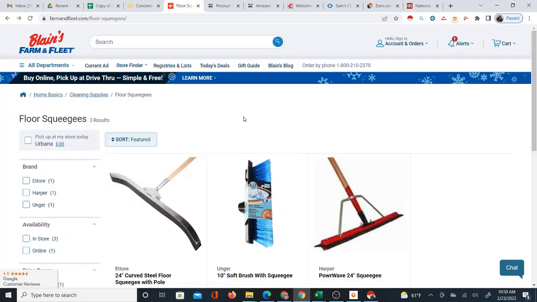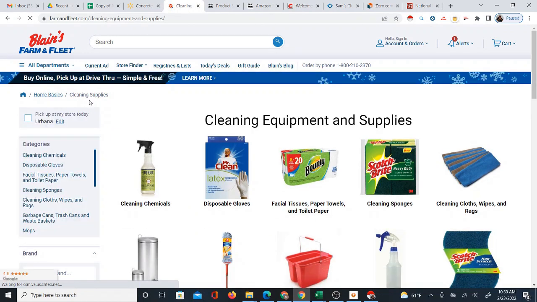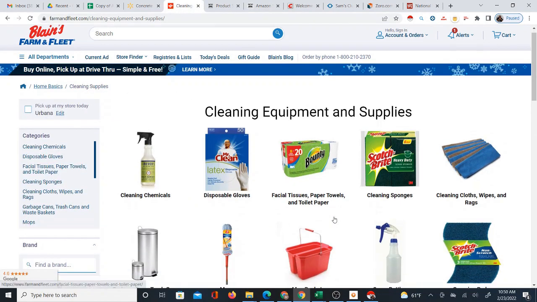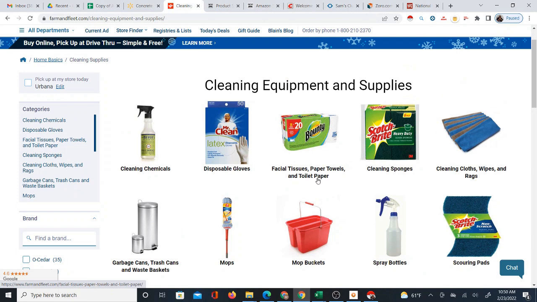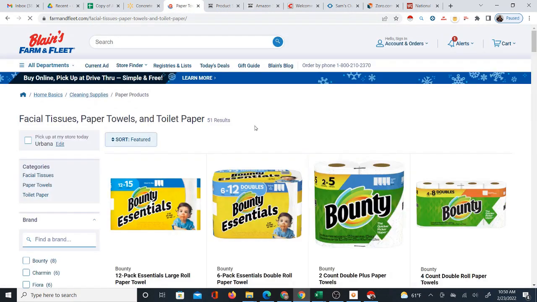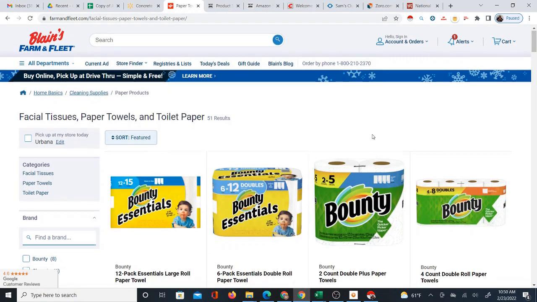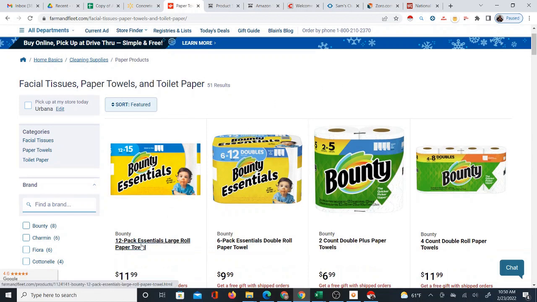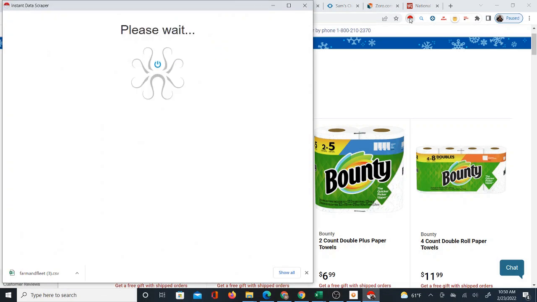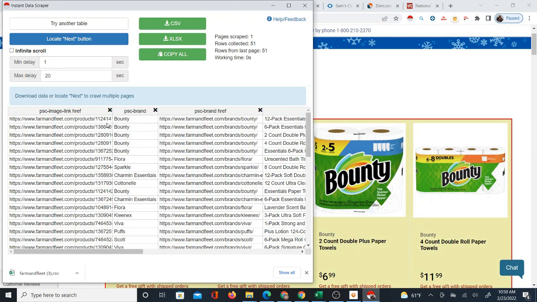So now I'm going to look at another example site, which is Blains Farm and Fleet. And it's important that I look at this example because I'm going to show you something with it. For instance, if I go to cleaning supplies and go to this section, they have 51 results. The first thing I want to point out is that the titles of the products do not contain the brands. The brands and the names are separate, and that's a very important factor here. I'm going to show you that when we scrape these with Instant Data Scraper, the brands are separate